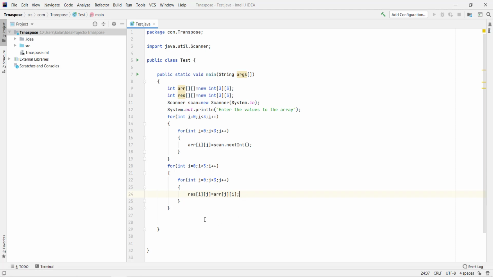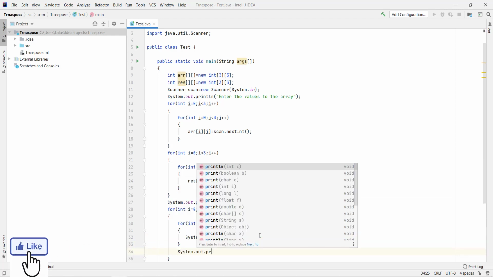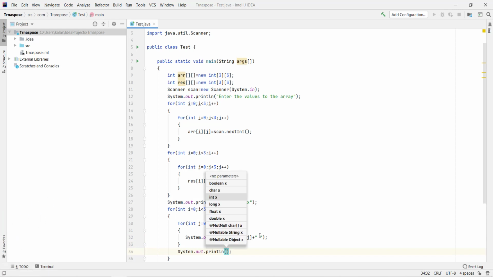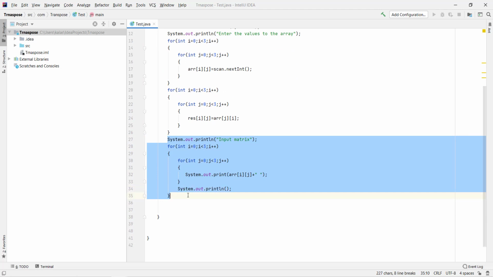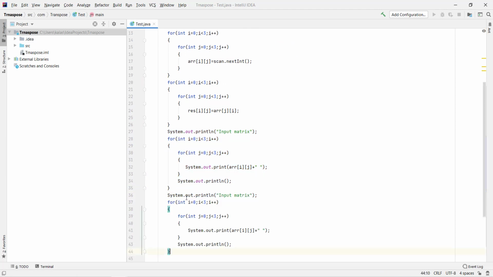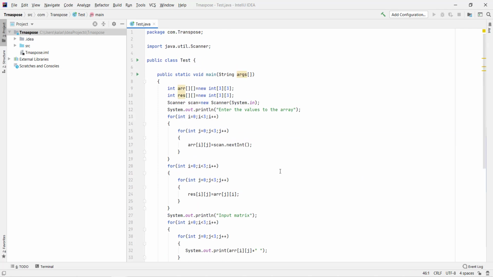Let's print these two arrays. Now we are done with writing the code. Let's save this code.